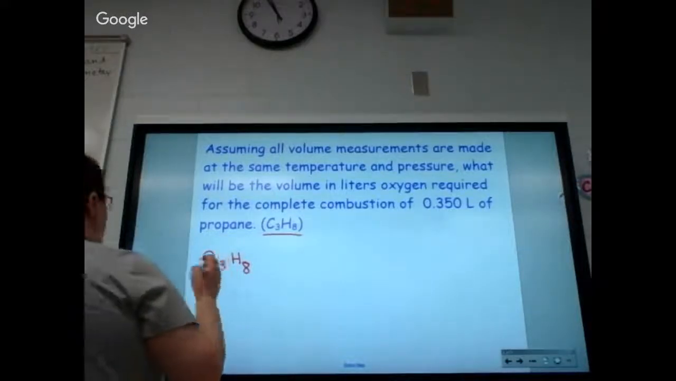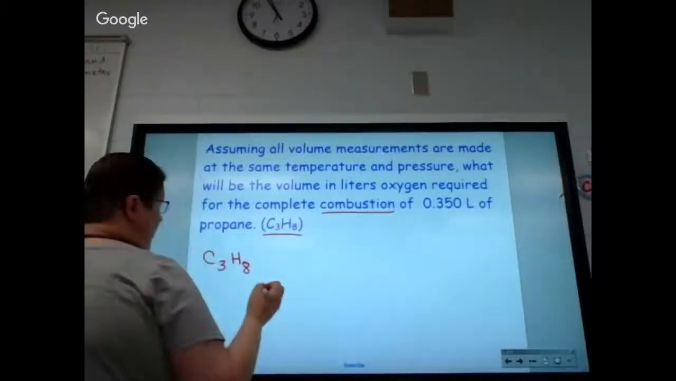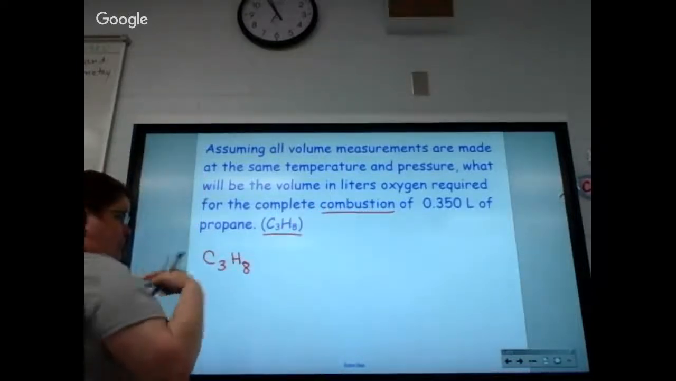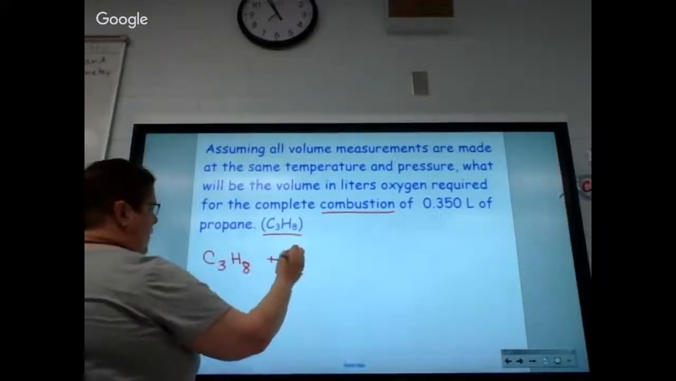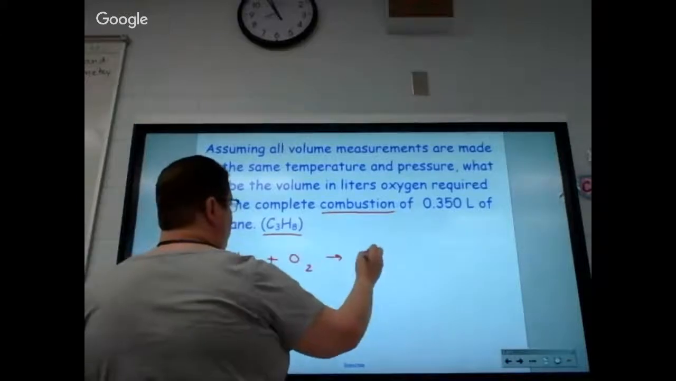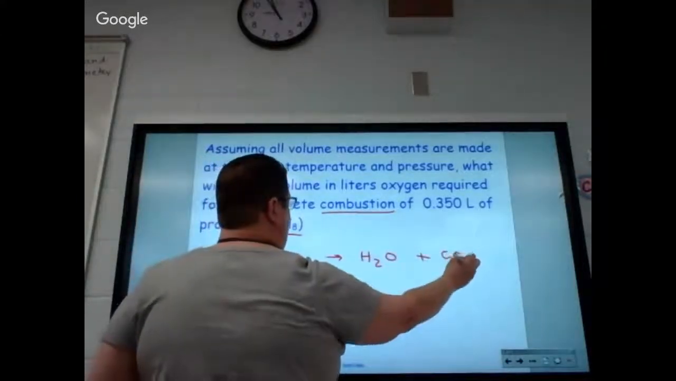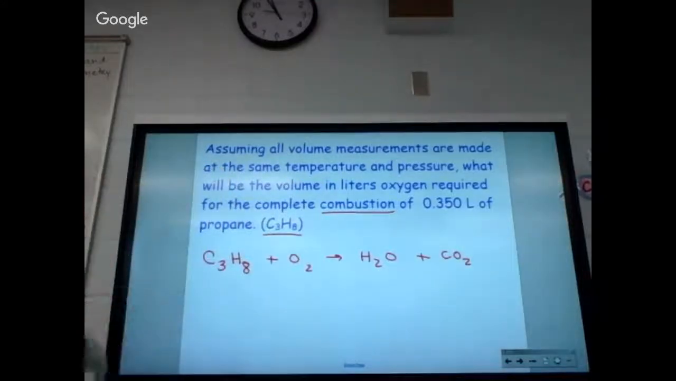You've got to remember that propane reacts with what in a combustion reaction? You always add what to it, even if I don't tell you that? You always add oxygen. And what were the two products again? Water and CO2. And it doesn't matter the order. Most of the time I tend to write CO2 first, but you can write water first, it's fine. So when you do that,